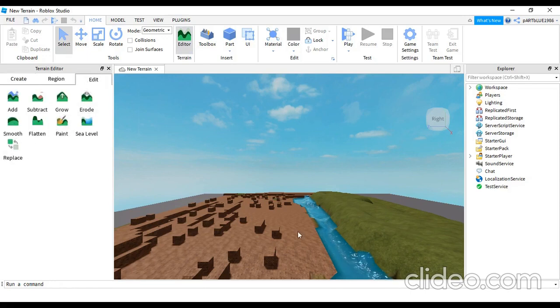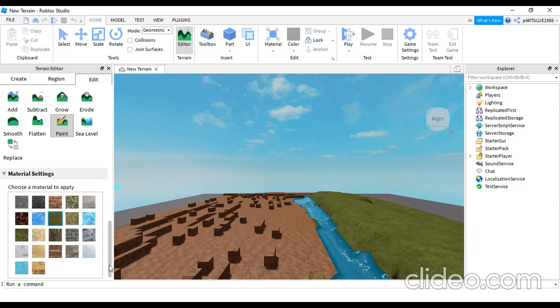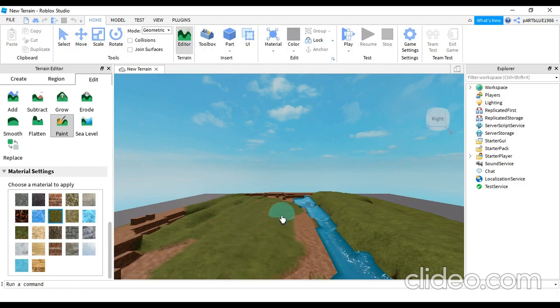Suppose you have already made your terrain and now you don't want it to be the color which you wanted. Maybe here I have the grass, here I have some blocks. I wanted this part also to be grass. What can I do? I'm not going to delete this entire thing and make it again. I'm just going to paint. So if I click on paint, I can see that again I will get all the brush details and all the materials. So I will choose the grass and see, I can paint this again. Wherever I place my mouse, it is going to paint it. So it is going to get painted again.